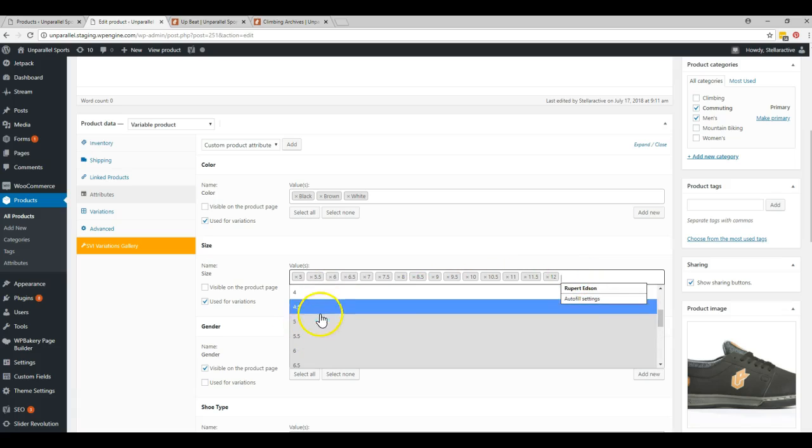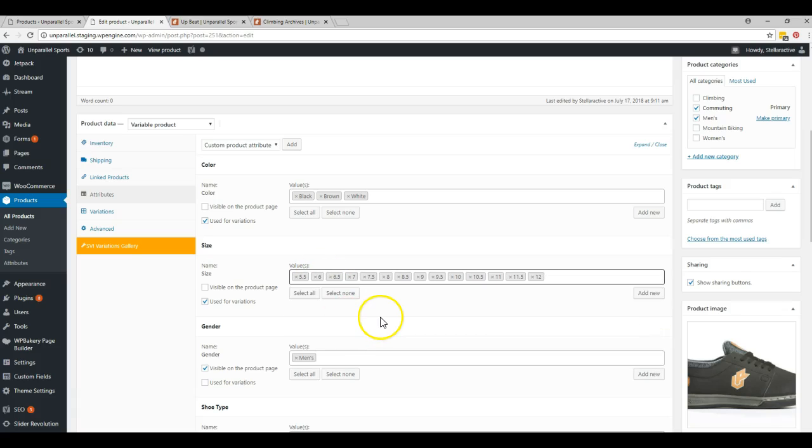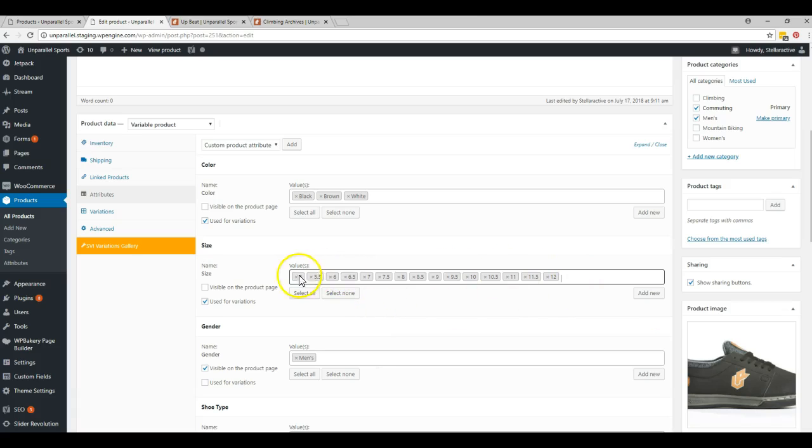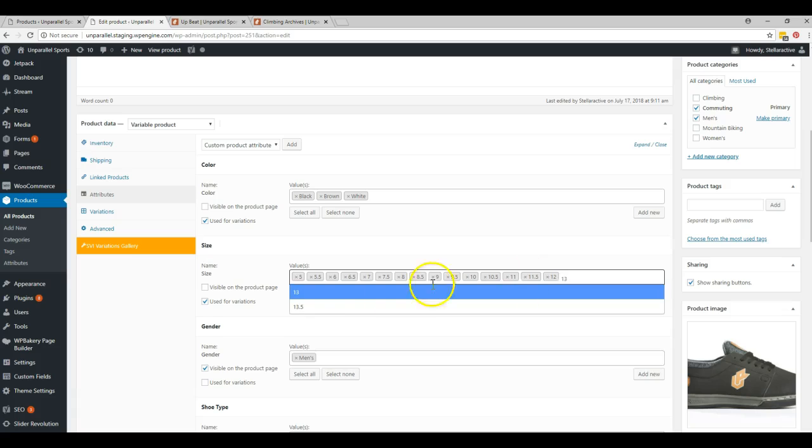You can see the grayed out ones are already in the list. If you try to add it again, it won't let you add it a second time. It'll take it away, actually. So yeah, if you need to add a size that isn't there, I think 13.5 and 14 was the highest I went up. So if you need to add a new one, it's just like